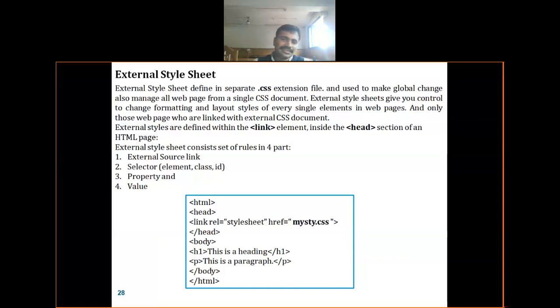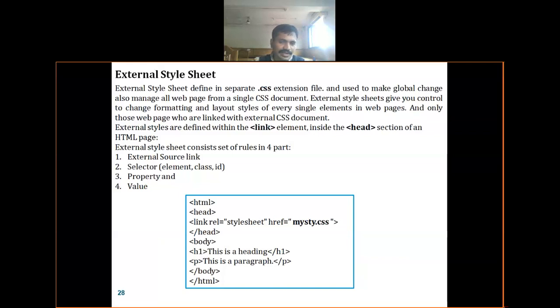External style sheets consist of rules: the source link, that is the file name, then the selector, that is the element, the class, the ID, then the property and values.